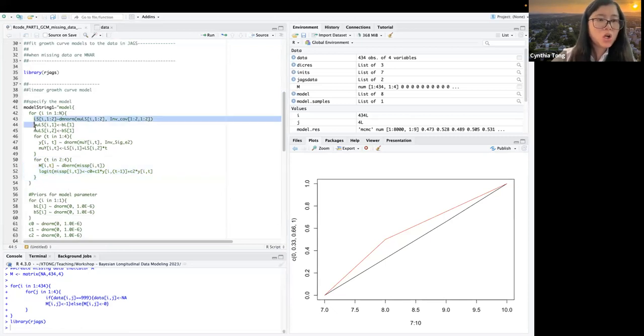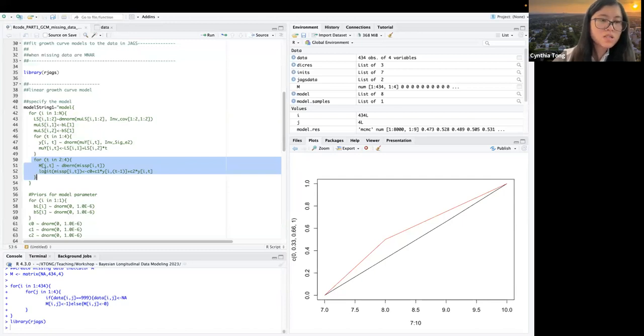Other than that, this part will be the same as the linear growth curve model, but we just have these additional 2 lines here. In this case, we have all the missing data indicators, M_it, here. It's actually from 2 to 4, just because there's no missing value in the first column at time point 1, right? So we allow this missing data indicator to follow a Bernoulli distribution.